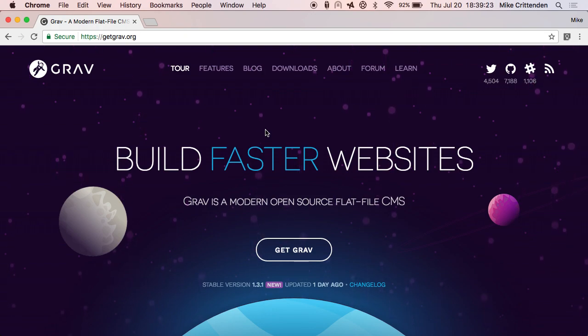Okay. Cool. So Grav CMS is a modern open source flat file CMS, and the two important things to note here are flat file and CMS. Flat file really means that there is no database, and the reason I think that's important is because databases really suck. You've got to deal with rollbacks and migrations and importing when you're setting up a local environment, setting up your database config, and importing from backups whenever something goes wrong.